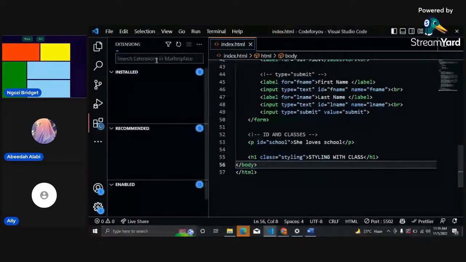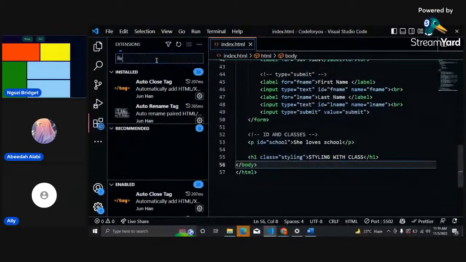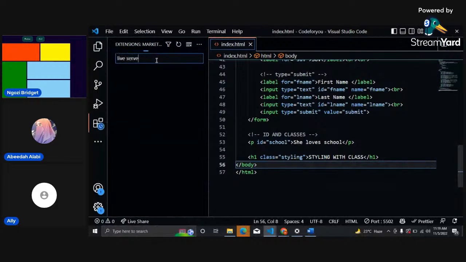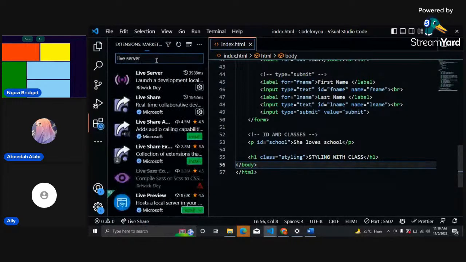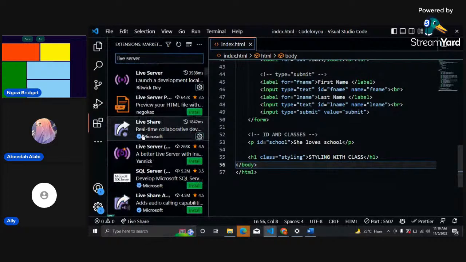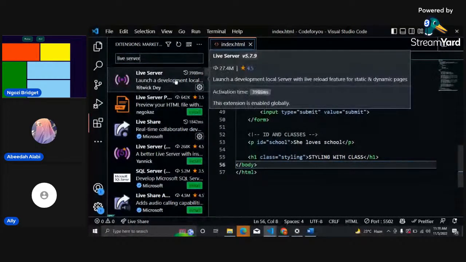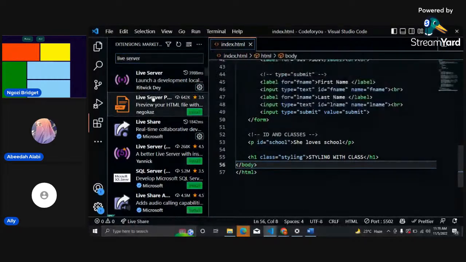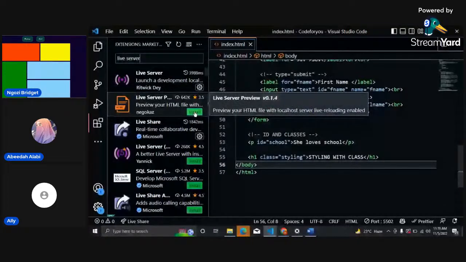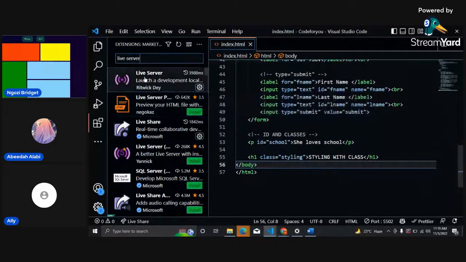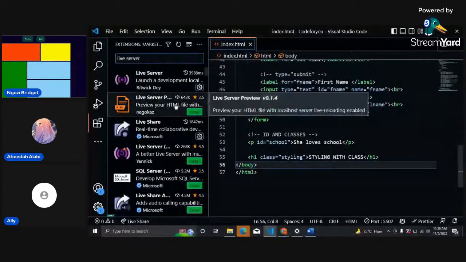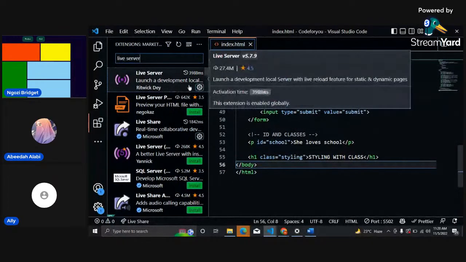Then you see that you can include something. So I'll type Live Server to search for it. When I type live server now, it will give me all these options. This is the particular live server that you could use. I've already installed my live server, so that's why you won't see the install option here. This one I've not installed, so that's why the install option is here. This is not the one you're installing; you install the one with this icon. Maybe this one is also the same, but this is the one I use. So I'll just click on